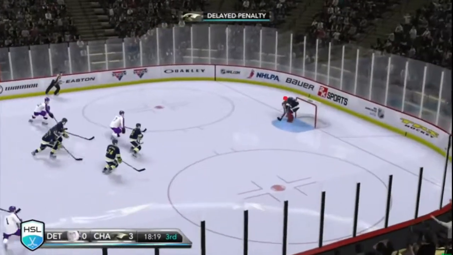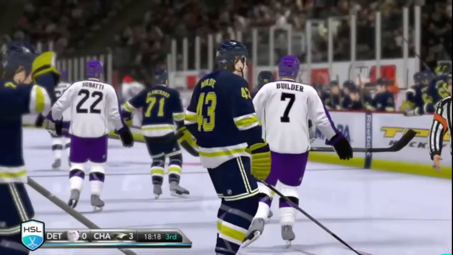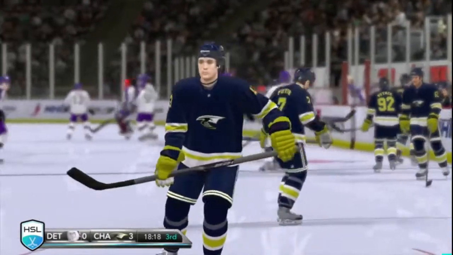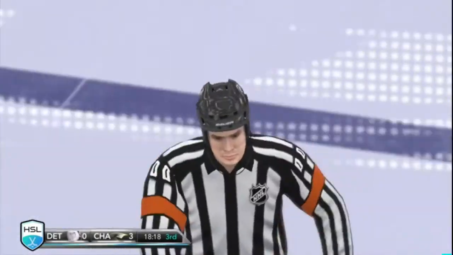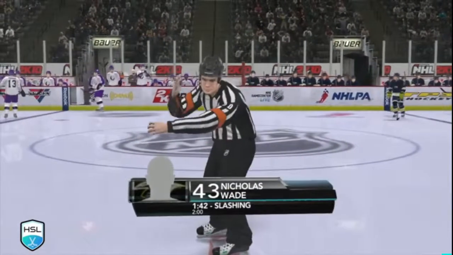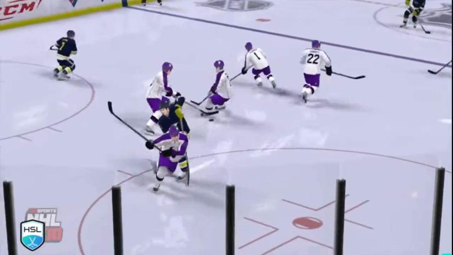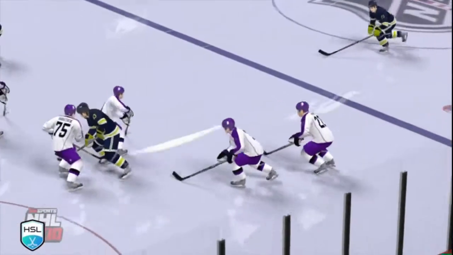Here's Builder. Builder shoots right at Horvath. He'll fall on it. Let's see who hits the hockey for two this time. Looks like that's Meade. Now Wade. Nicholas Wade. There we are. Slashing at 1:42. Very important power play here for Detroit if they want to make this game look a little